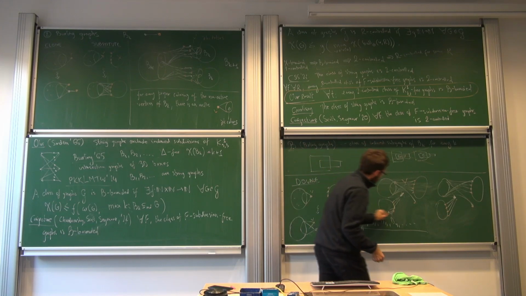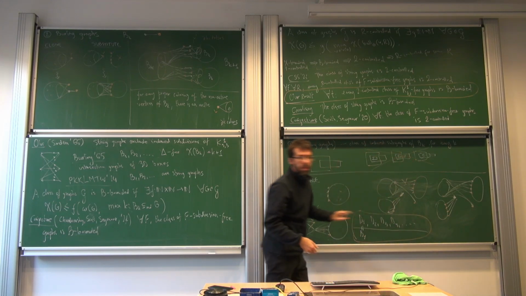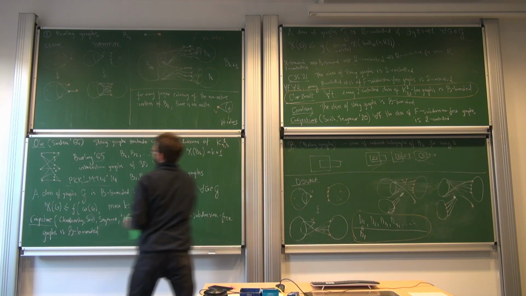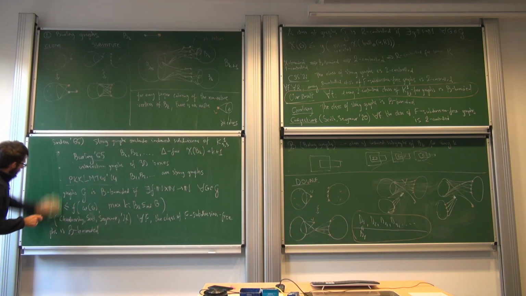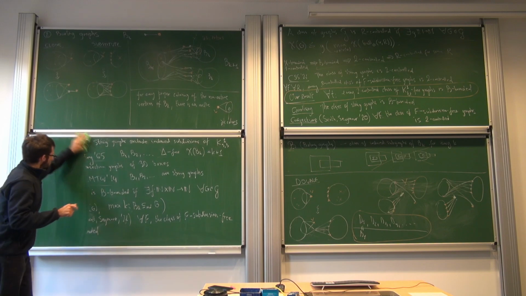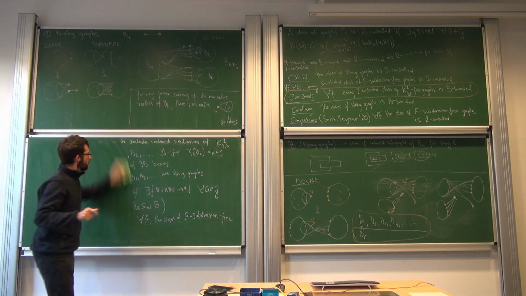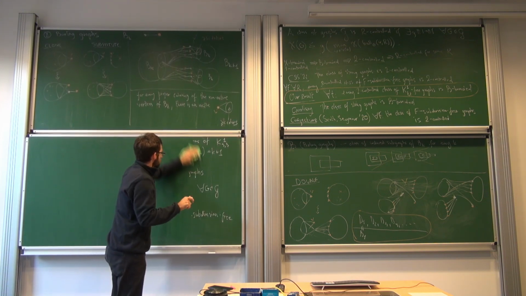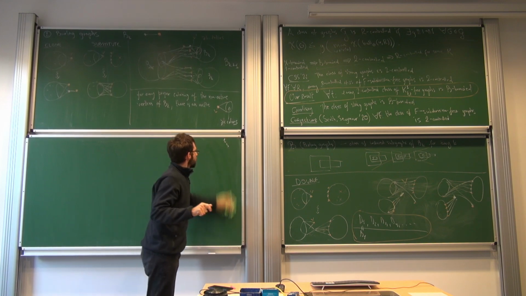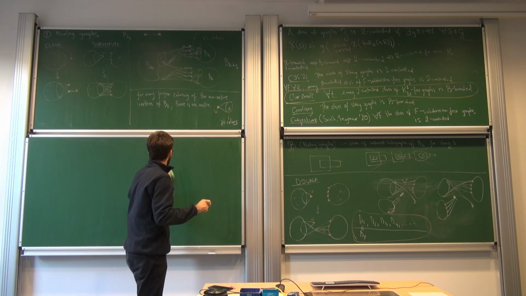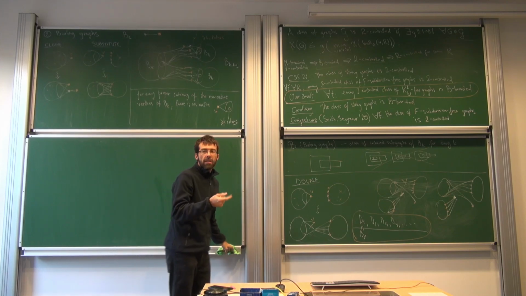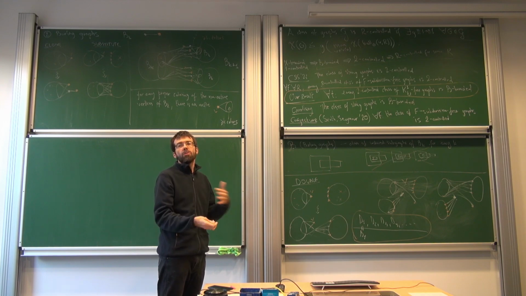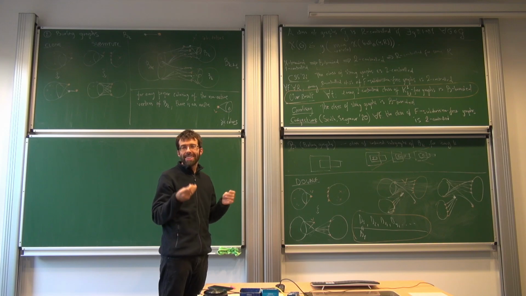And I'm going to use this sequence for the proof. Okay. And the proof uses what I would like to call the Chudnovsky-Scott-Seymour framework, which is an extremely powerful proof method for this kind of statements, that assuming that we have a chromatic number large enough in some two-controlled class of graphs, then we can find something.